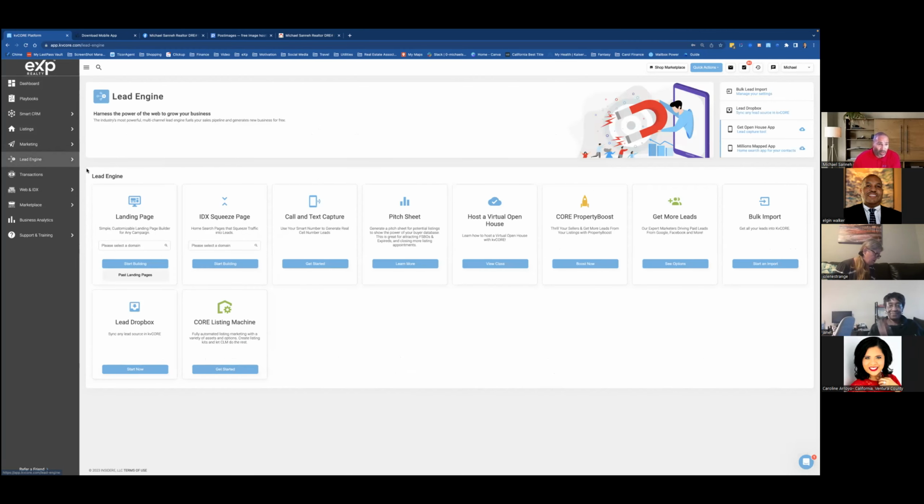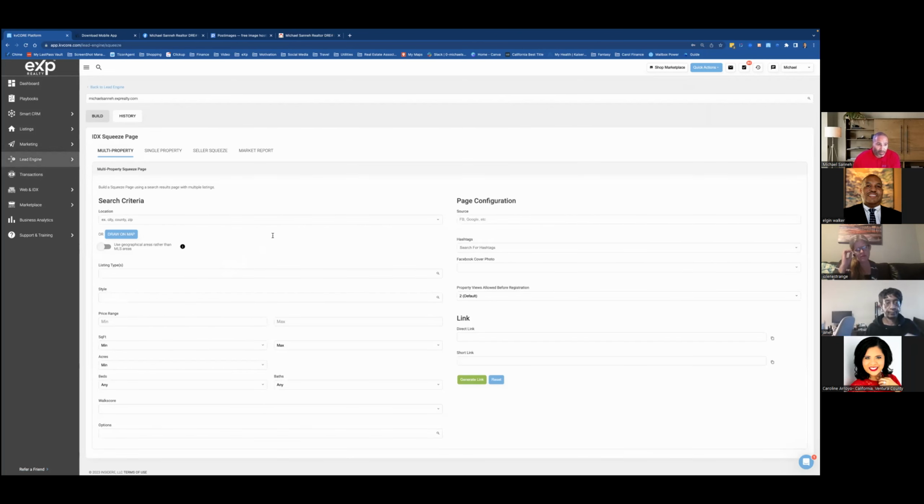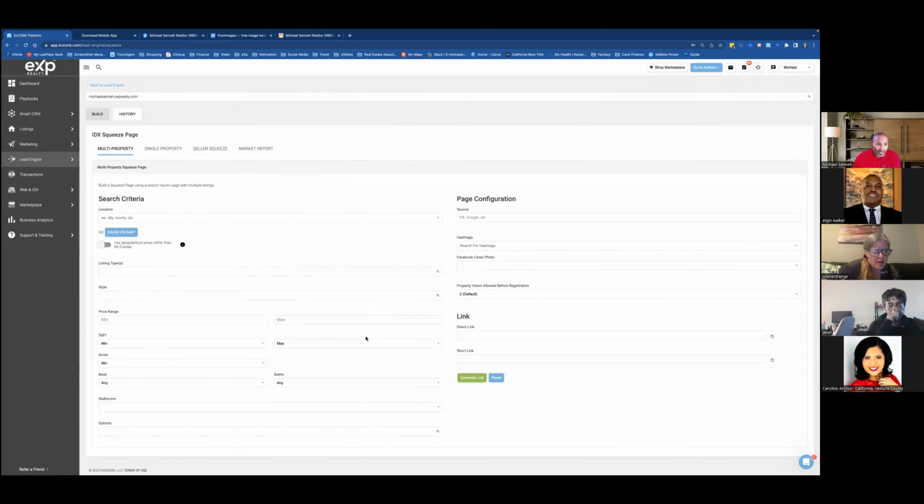So you go to your lead engine here. And once we're on our lead engine, we're going to click squeeze page. We're going to select the domain, which will be only one option for us really because we all only have one site, and hit start building. What's nice here is we can have all these options of what we want to do with the squeeze page. We can do single property, multi-property, seller squeeze, market report. So we're going to just start a single property,